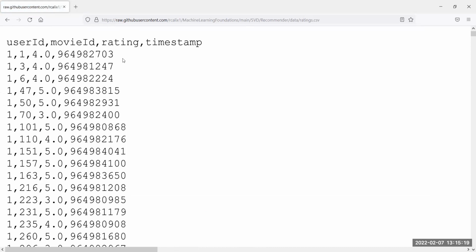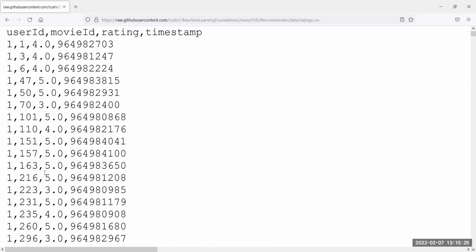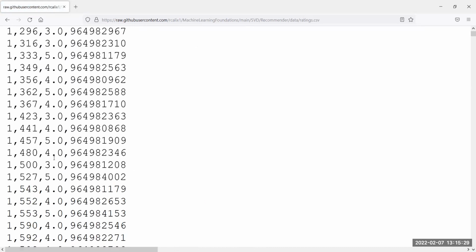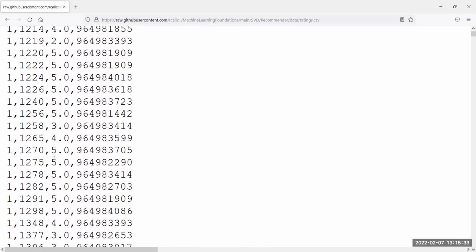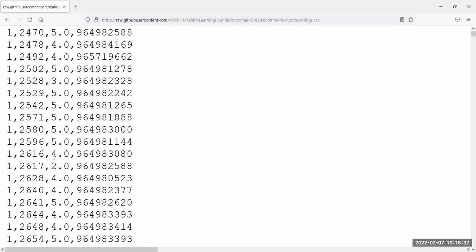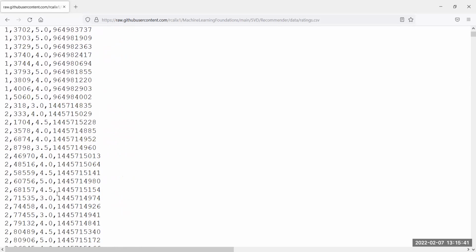You can see, for instance, user 1. These are all the ratings. User 1 rated all these movies with those specific values. User 1 rated a lot of movies until here.